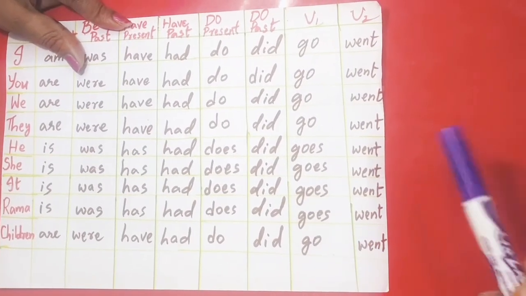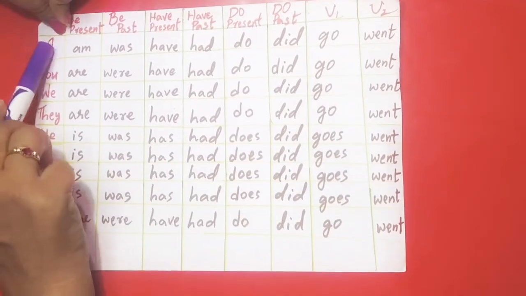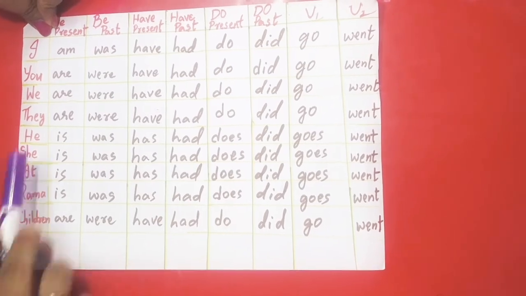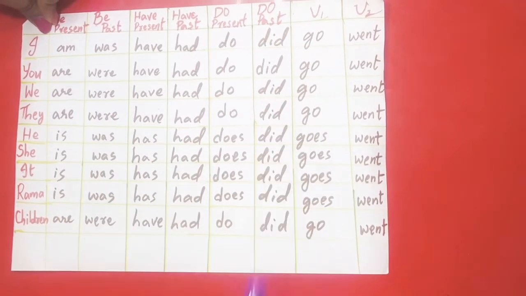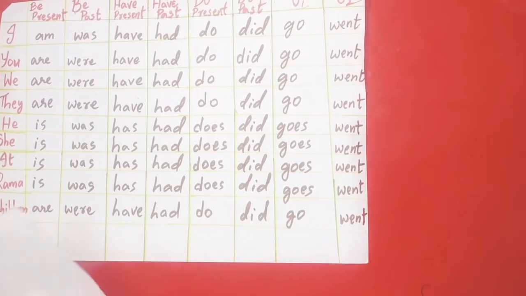So now what you need to do is you have to make sentences using this as the first word and this as the second word, and the third word what is to be used I'll tell you now. So let me start with